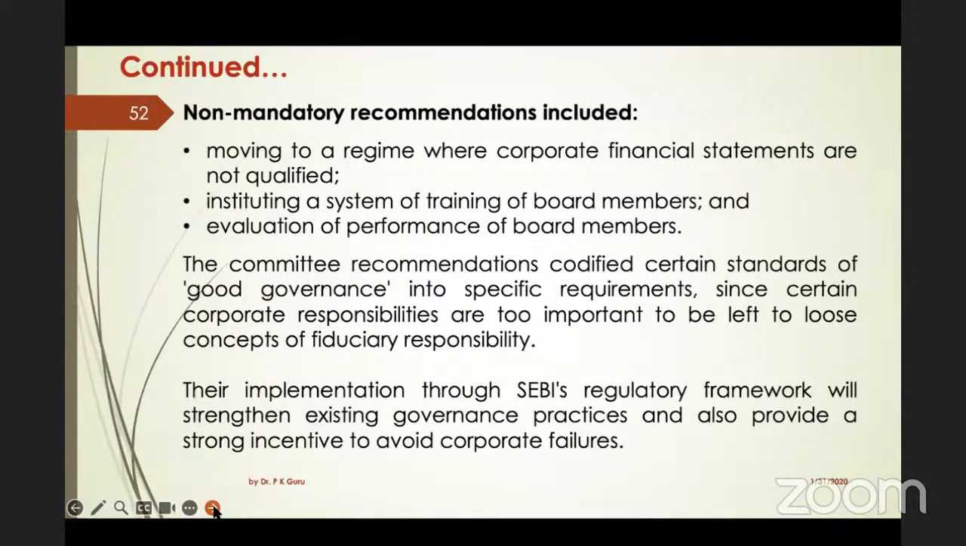Yesterday I was reading one article. There is a difference between what RBI measures on inflation and what the Ministry of Finance measures; they measure it in two different ways. Now, if RBI says something and the Ministry of Finance has a different figure for the same data, then it becomes difficult. That is why it says financial statements should be as simple as possible without any further qualifications. Instituting a system of training of board members and evaluation of performance of board members. Okay. Then next is